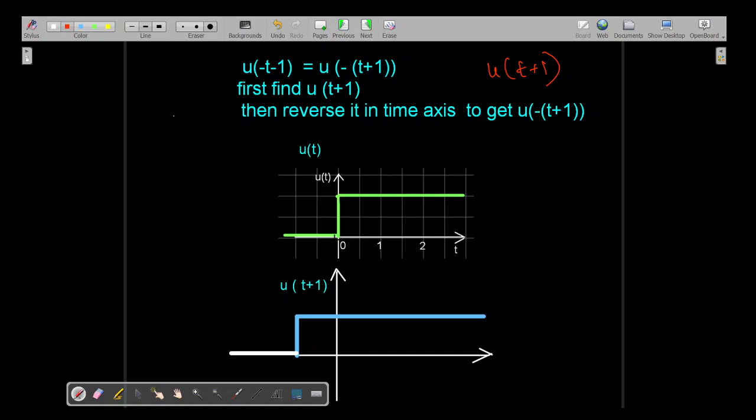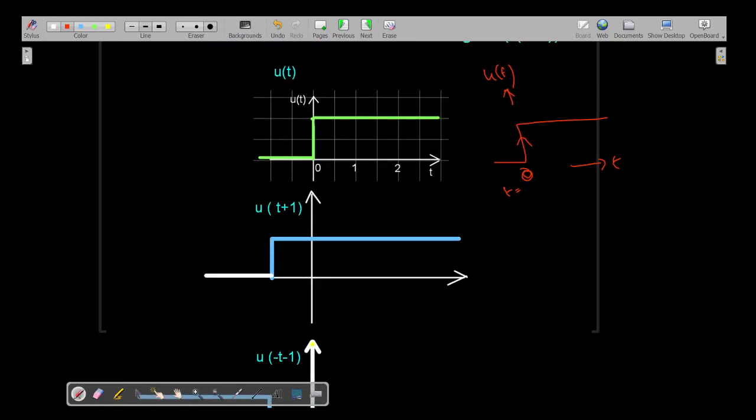Okay, so this is u of t. This green color representation is the unit step function that occurs at 0. So this is your time axis. Here we have this u of t. So this transition occurs at t equal to 0. Simply this is u of t. And to have u of t plus 1, we know that it is an advancing function. Advancing function means it occurs at minus 1. When t is minus 1, you have the changeover occurring. Okay, so this is the changeover.